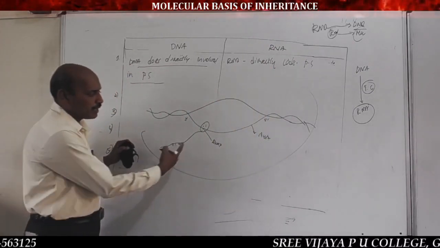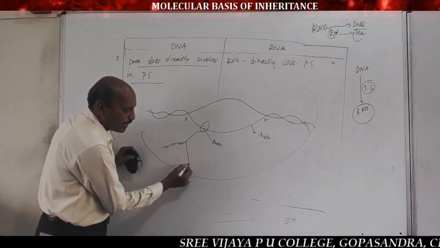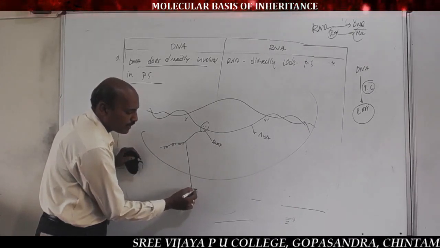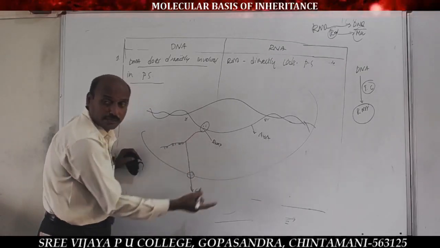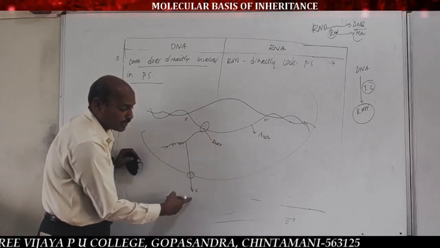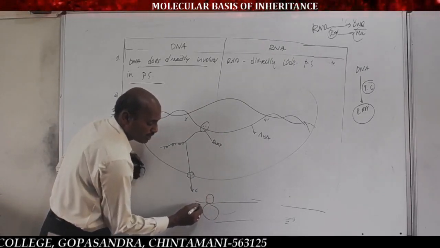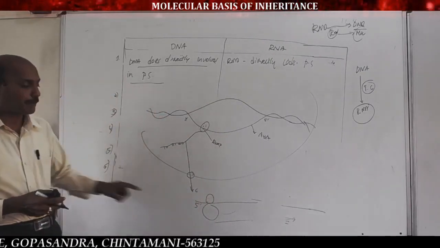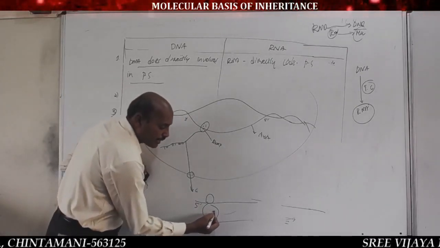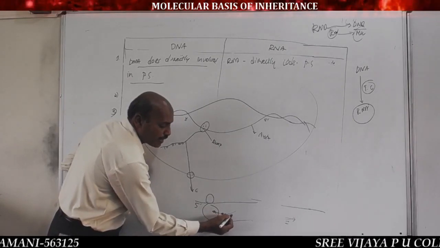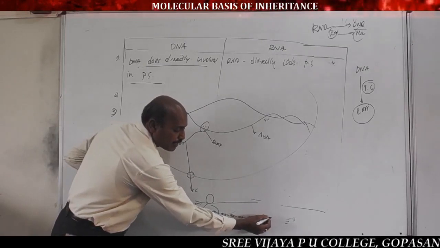Listen here. Now, this mRNA, after the transcription, migrates from the nucleus to the cytoplasm through the nuclear pore by the help of the poly-A tail, and binds to the ribosomes. Important. At the same time, tRNA carries different types of amino acids. A particular tRNA carries a particular amino acid.